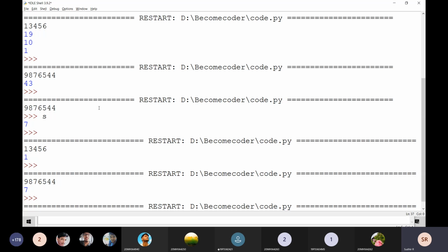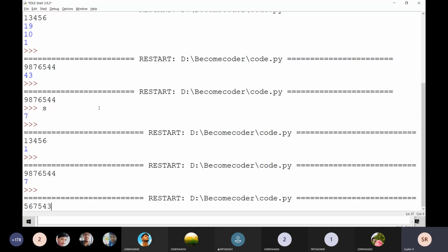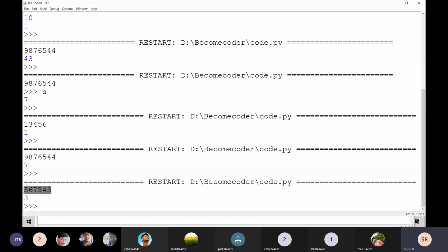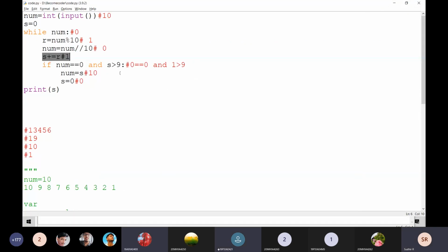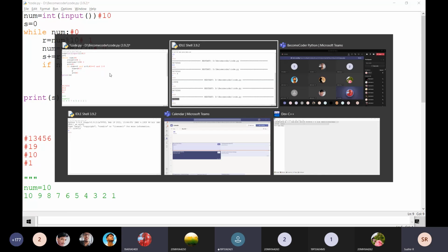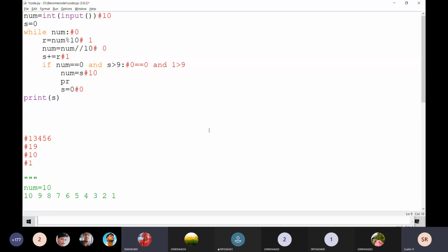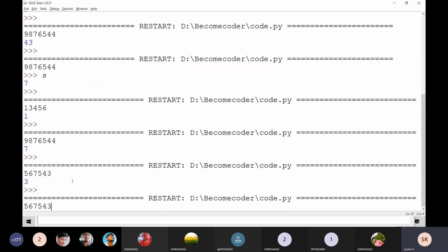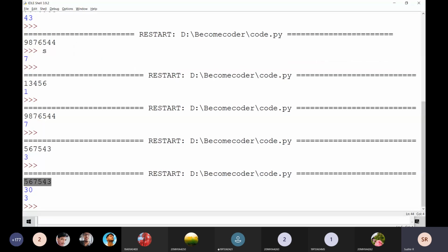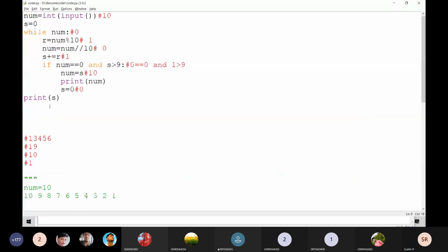Okay, how big a story it is going to be. For example, I am going to write like this. It is going to print 3 here. Just note it down, everyone. Here I am going to print num. If this is the input, just observe here, the sum of the digits is going to be 30, and 30 plus 3, that is 3 plus 0, is equal to 33 now. Is it clear, everyone? How I am doing? Yes. Just note it down, everyone.